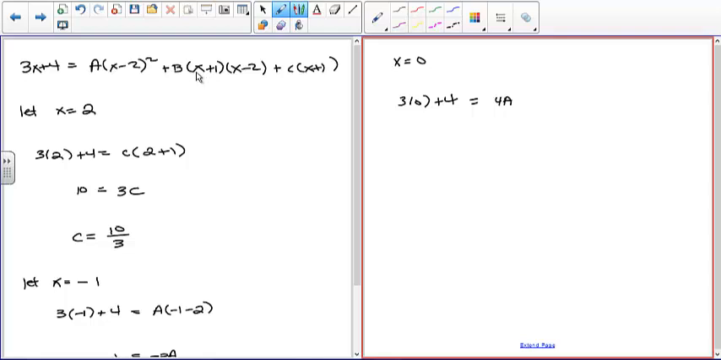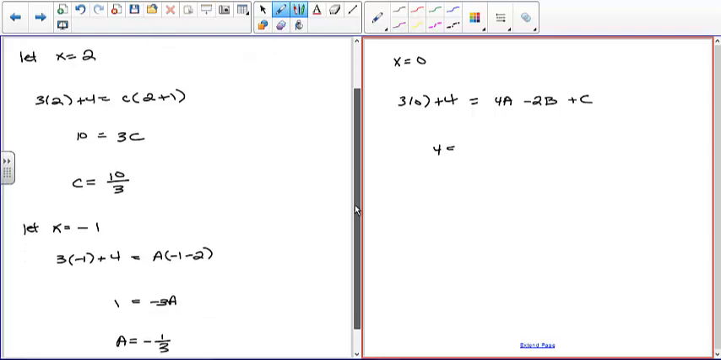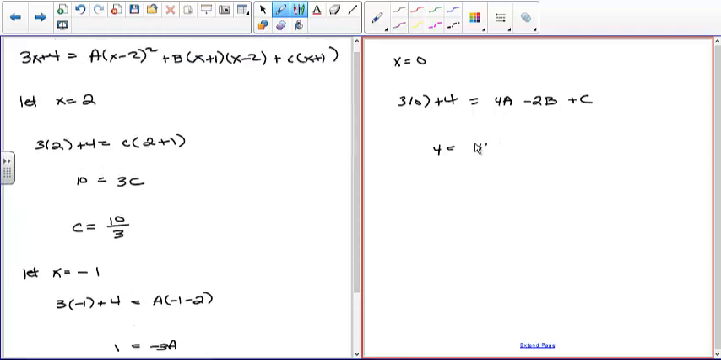Here we'll get 0 plus 1 and 0 minus 2, so that's 1 times negative 2, which is negative 2. So you get negative 2b. And then the third one, you get 0 plus 1, which is 1, so you get plus c. So all I have to do now is plug in our known values for a, which is negative 1/3. And we don't know b, so we're going to solve for that. Plus c,